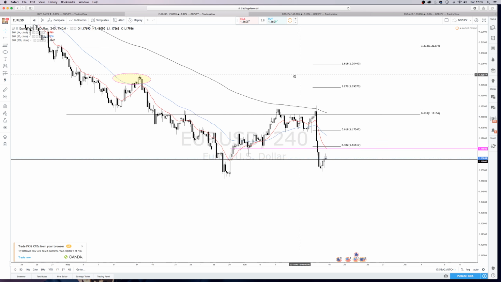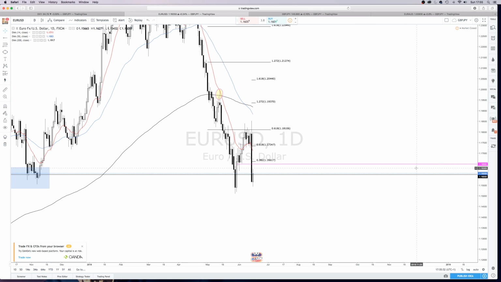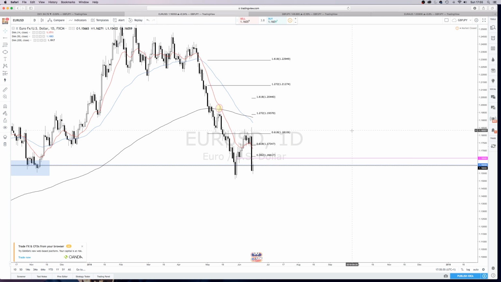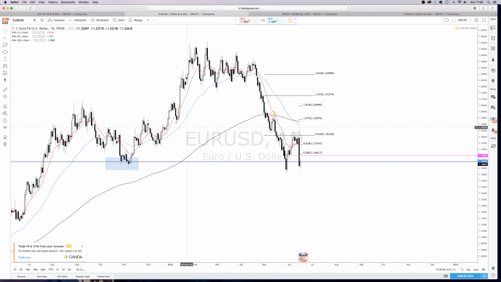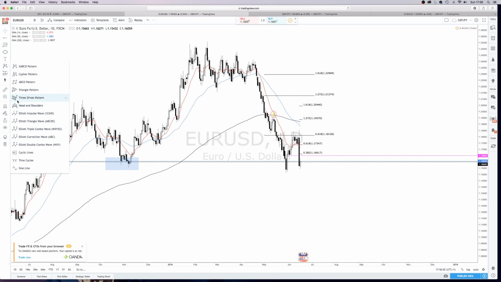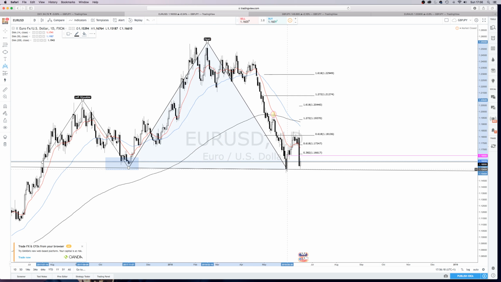This isn't a pair that I've been focusing on at all really recently, so I'm just speculating on what could happen. So, if we're looking at price coming up into that area, what sort of structure? Because again, we could be forming a head and shoulders. For those that trade head and shoulders, we've got this potential setup. So at the moment, this level, this could bounce. And for those that trade head and shoulders, you'd probably have identified something along the lines of this. So we've got our head and shoulders pattern,